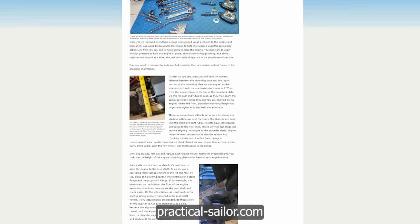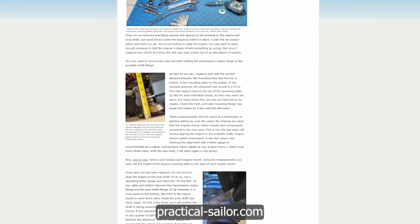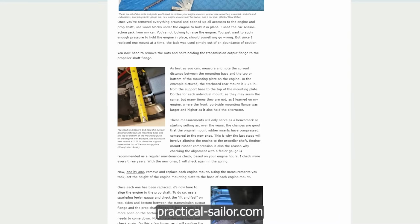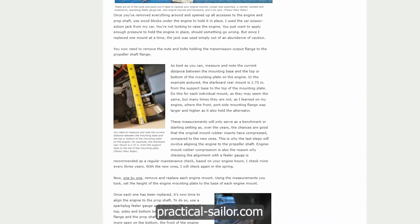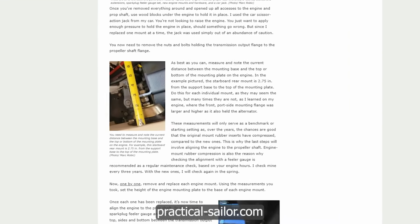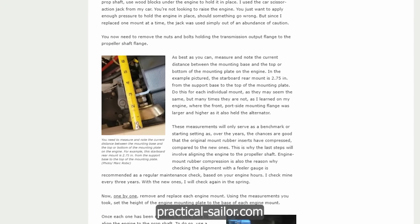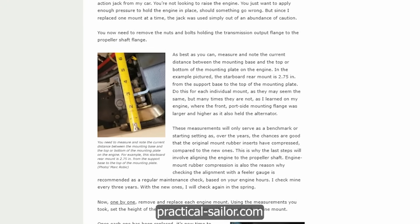Now you need to remove the nuts and bolts holding the transmission output flange to the propeller shaft flange. As best you can, measure and note the current distance between the mounting base and the top or bottom of the mounting plate on the engine. In this example pictured, the starboard rear mount is 2.75 inches from the support base to the top of the